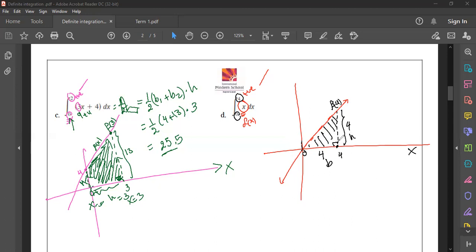As you know, any vertical line is perpendicular to the horizontal axis, the x-axis. So the area of the triangle is half, multiplied by the base, multiplied by the height, which is half multiplied by 4,